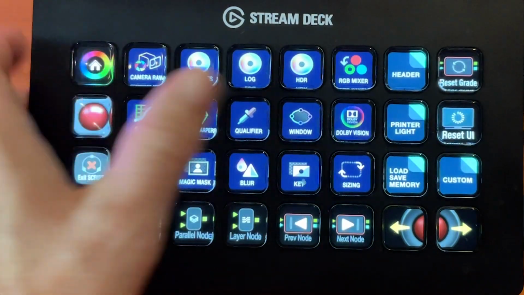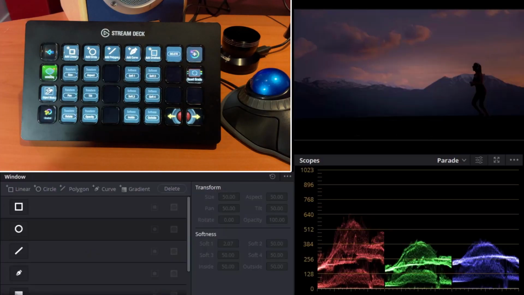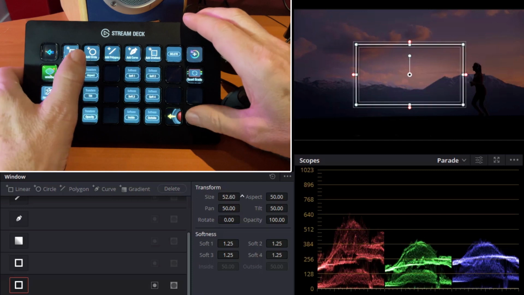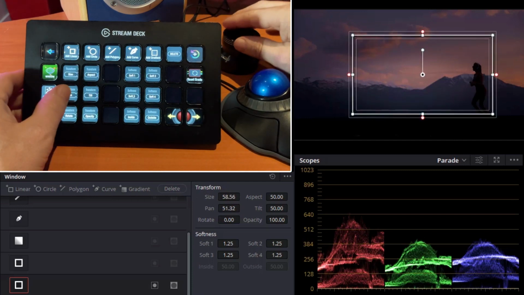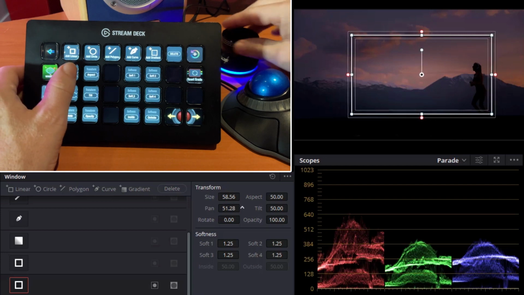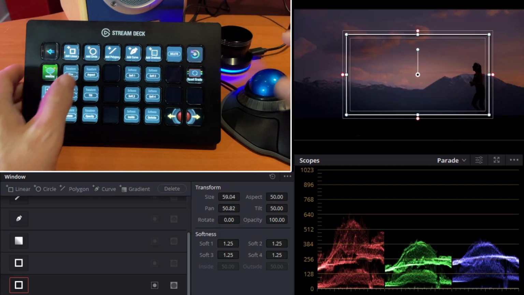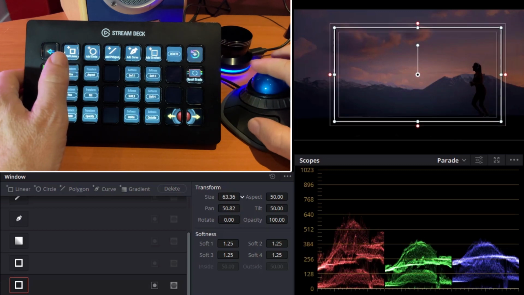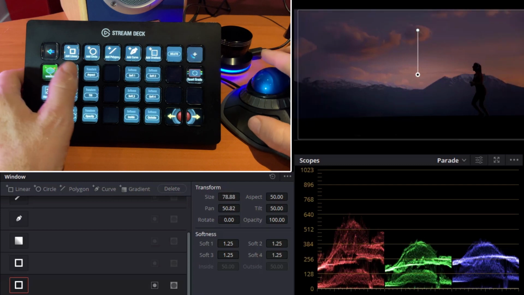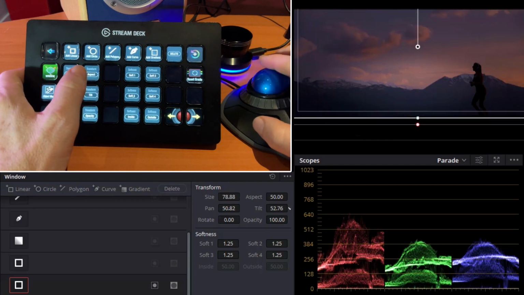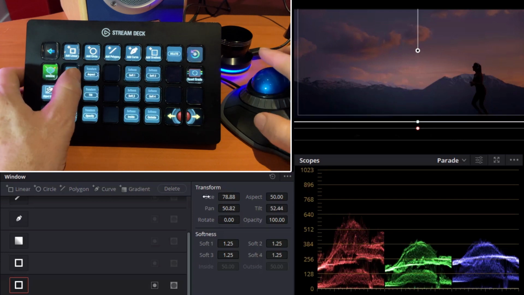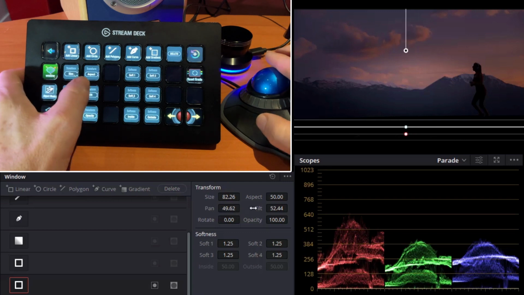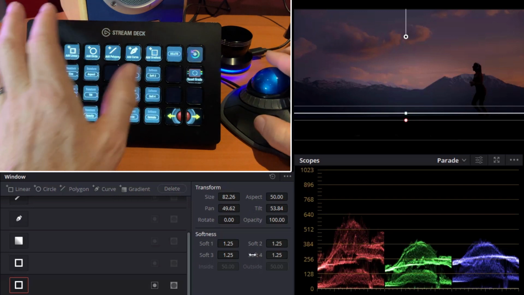All right, we're going to step back and we're going to go into Window. We're going to open up our window pane in DaVinci. We're going to create a window here. Now I can quickly adjust the size here, my aspect ratio, and using the shuttle, you'll find the shuttle is a little more responsive. You can change the size of this and even more control when we get into change the size there, pan it over, tilt it up, and I'm going to increase my softness of this bottom